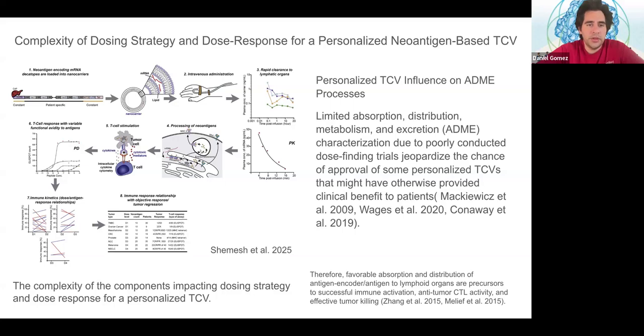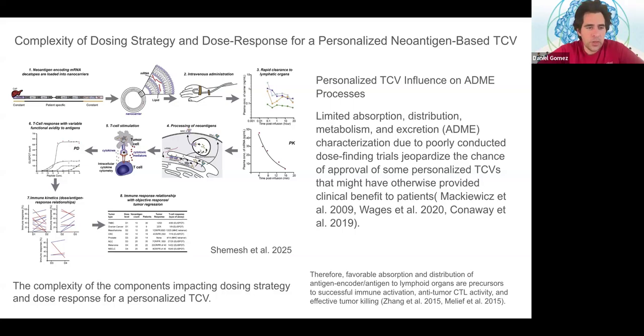Next is the T cell stimulation. So you have a tumor cell and T cell interacting, and the T cell is stimulated by the tumor, where we can see cytotoxic mediators, cytokines, and intracellular cytokine cytometry. And then we are able to get the T cell response with variable functional avidity to antigens with the pharmacodynamics. So with an ELISpot, we can count the ELISpot T cell response from the peptide concentration. So with the peptide concentration and ELISpot, we get the PD, and the T cell response with variable functional avidity to